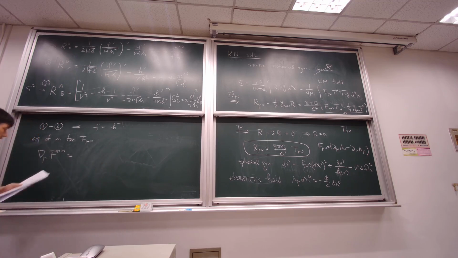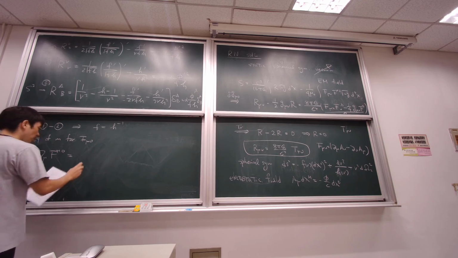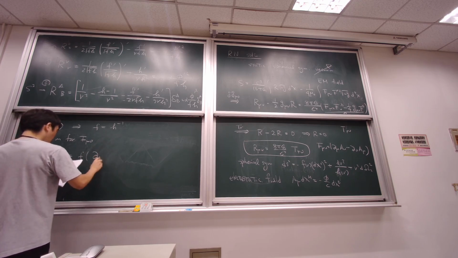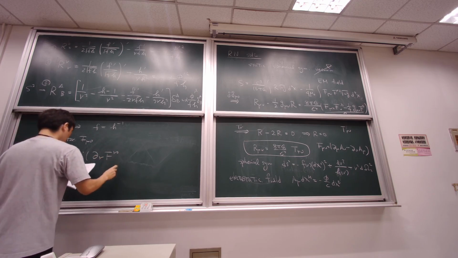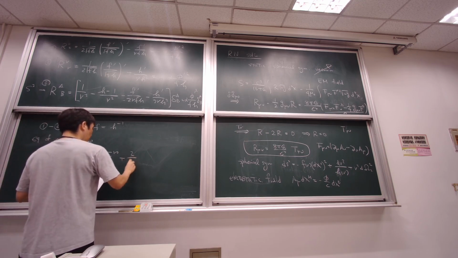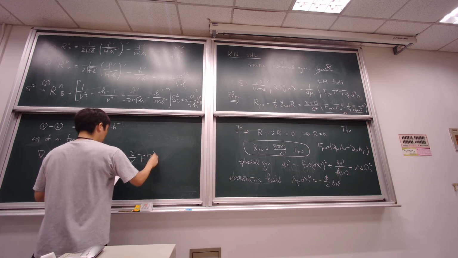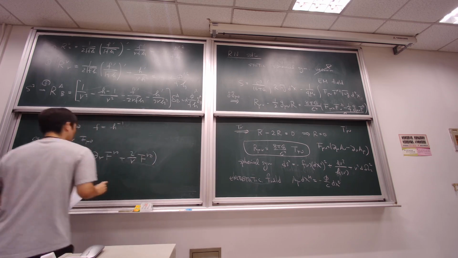Instead of the ordinary derivative, you need to replace it by the covariant derivative, so you need to take into account the Christoffel symbol. Then it is partial r of F r0 plus 2 over r F r0, and this is equal to